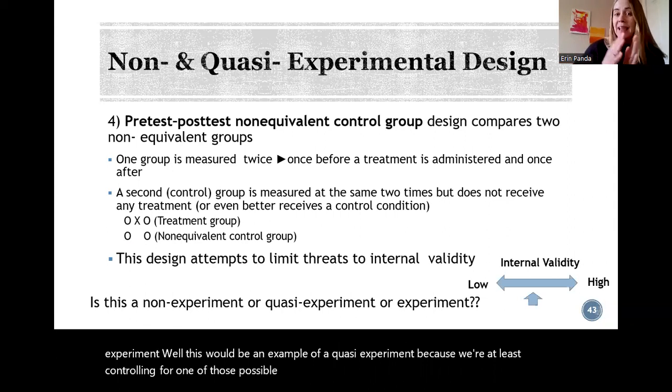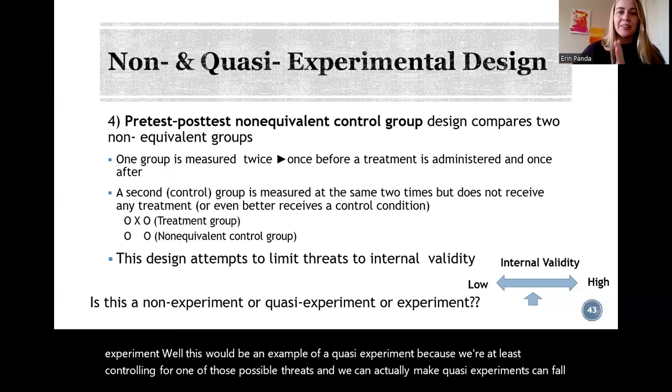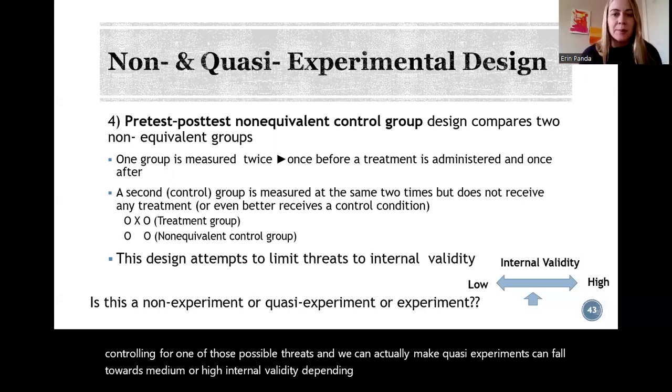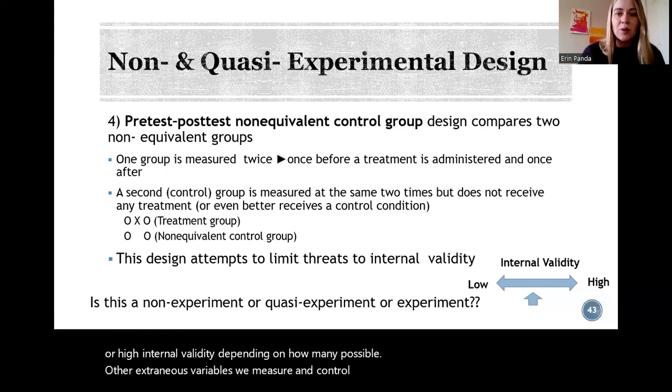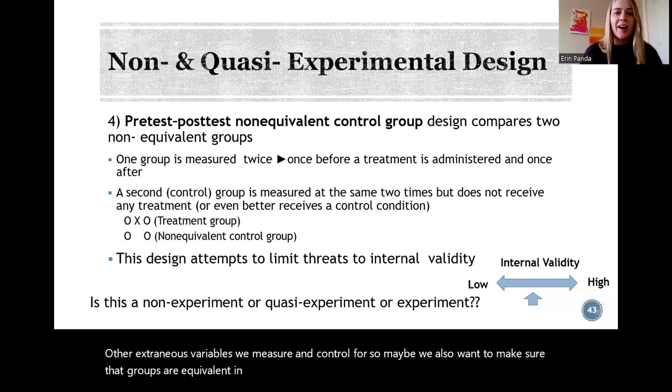And we can actually make quasi-experiments fall towards medium or high internal validity depending on how many possible other extraneous variables we measure and control for. So maybe we also want to make sure that groups are equivalent in terms of how old they are, how many girls and boys are in each group,